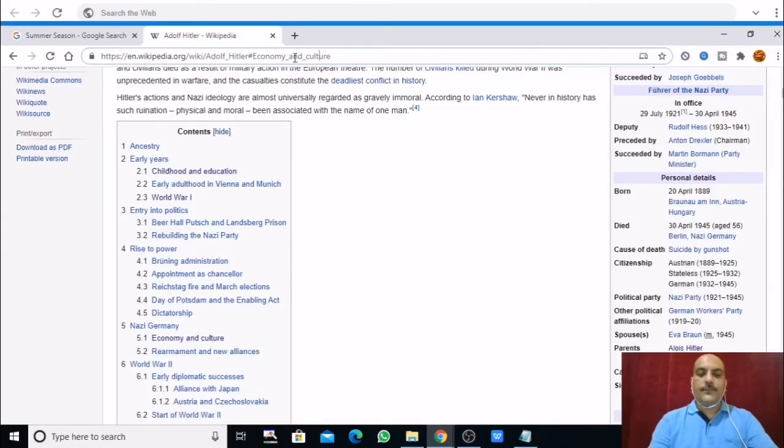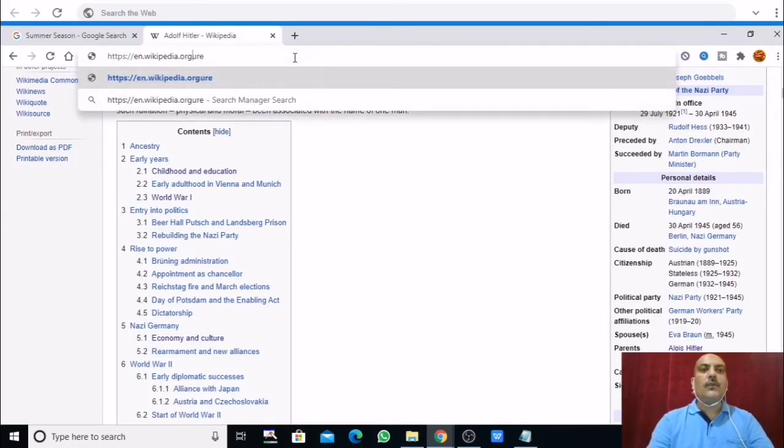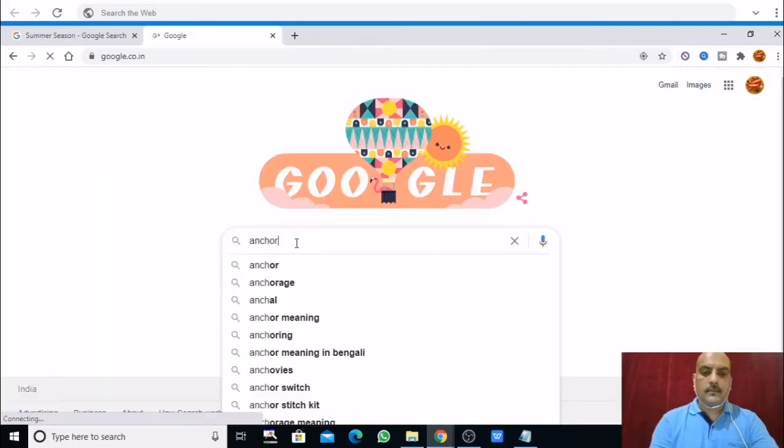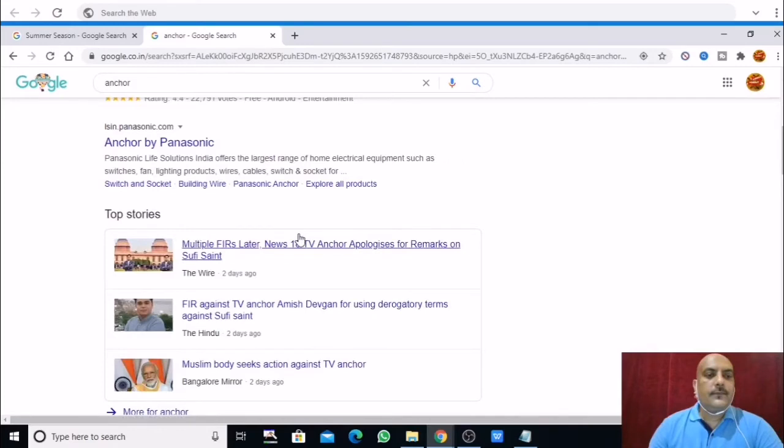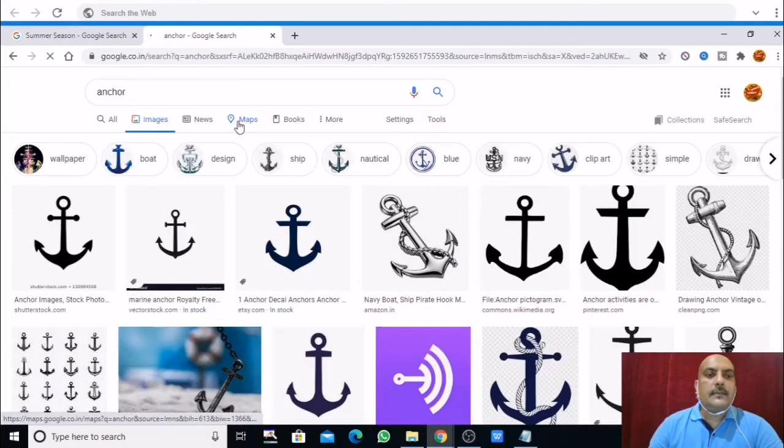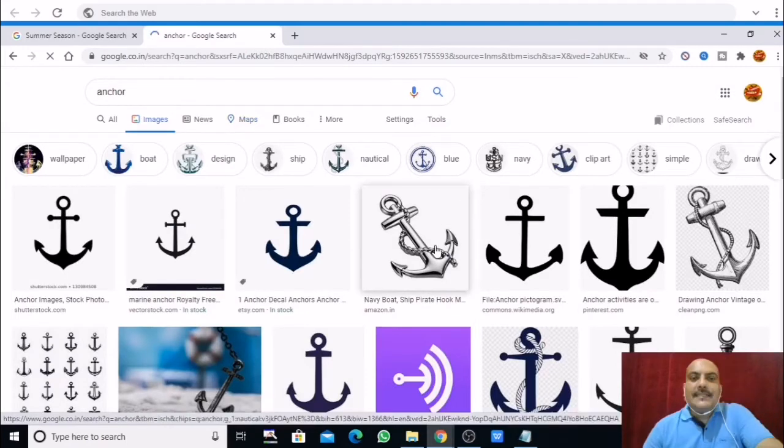If you search for anchor, one meaning is the TV anchor of a show, but the word is not used for that here. Looking at the image of an anchor, it gives connectivity.